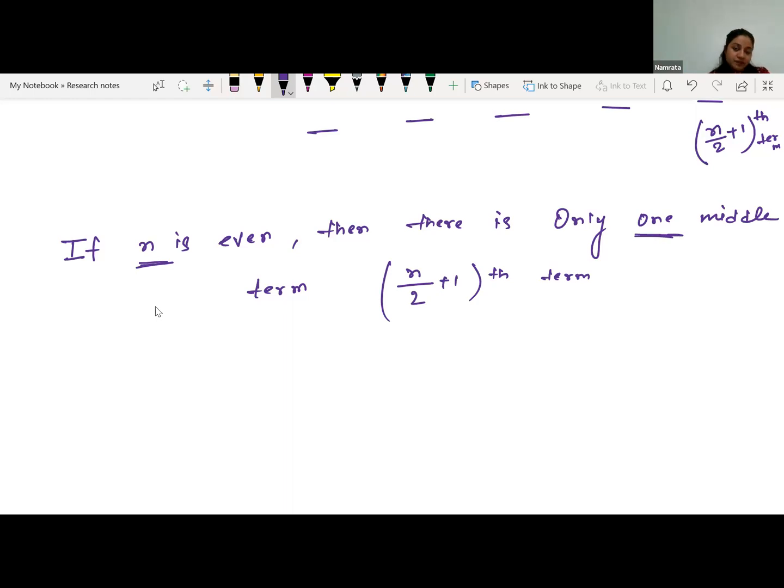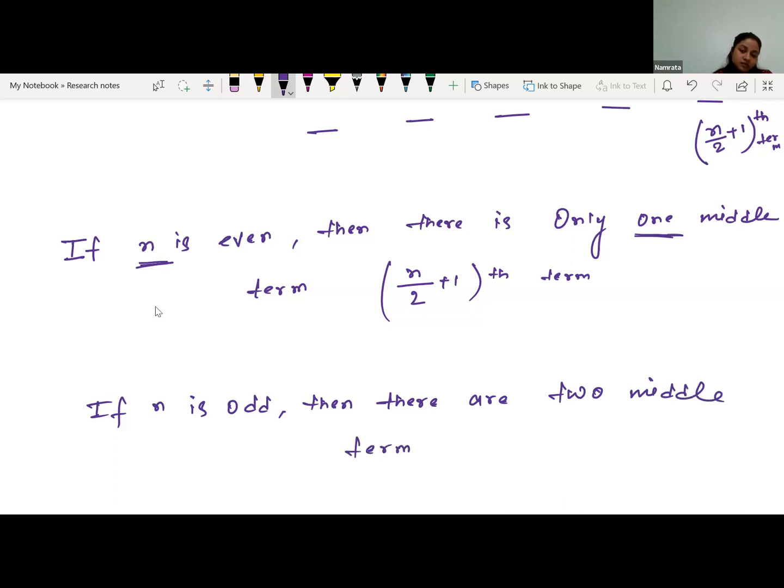Getting it? Yes, ma'am. And the next formula says, when n is odd, then there are two middle terms, which are the n plus 1 by 2th term and the next, n plus 1 by 2 plus 1th term. Is it making